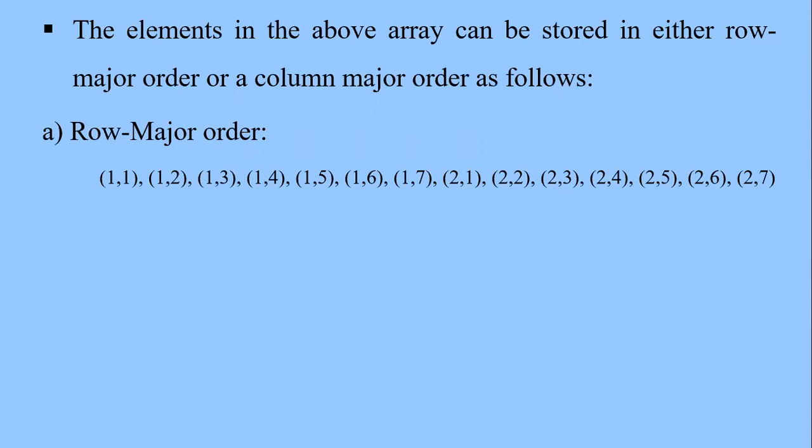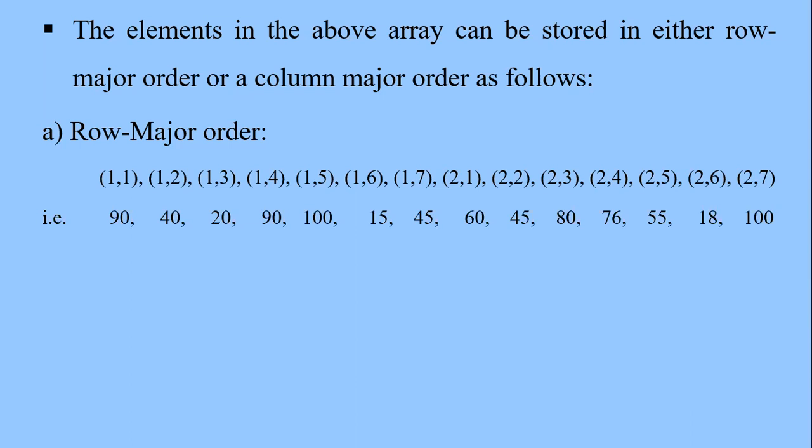And therefore, in the row major order, we have row 1, column 1, row 1, column 2, row 1, column 3, row 1, column 4, row 1, column 5, row 1, column 6, row 1, column 7, then row 2, column 1, row 2, column 2, row 2, column 3, row 2, column 4, row 2, column 5, row 2, column 6, and row 2, column 7, whereby row 1, column 1 refers to 90, row 1, column 2 refers to